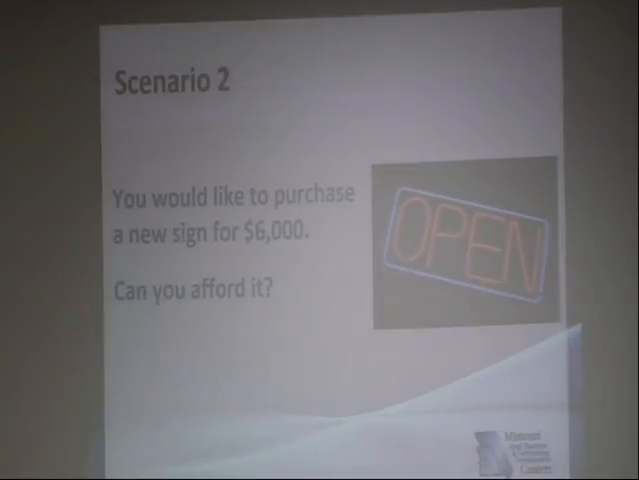We want a new sign. We always want something new. I do too. They'd like to install a new scrolling LED sign in front of the business. They'd like to have it installed in January. Payment would be due in 60 days. Cost is $6,000. Can they cash flow it? Cost $6,000. They want to install it in January. Would